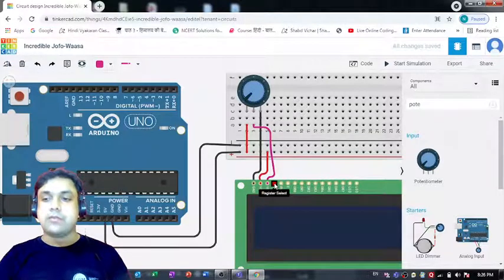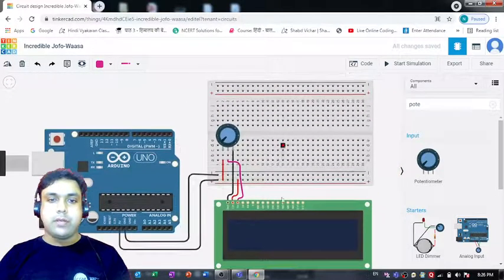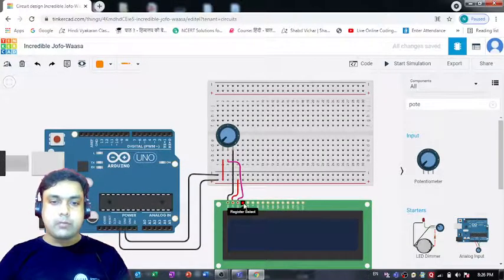Okay, now the next thing we have to do is we can simply connect this RS, this register select, with one of these pins present on this topmost part of this breadboard. So let's select this yellow color wire, or else let's go with this orange one, and I'm going to select this register select.